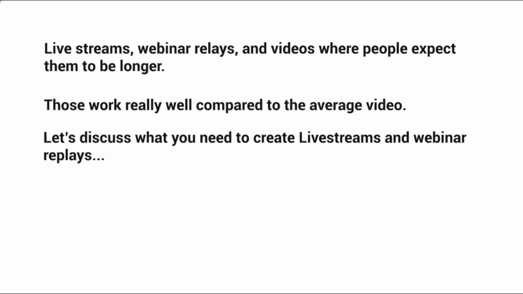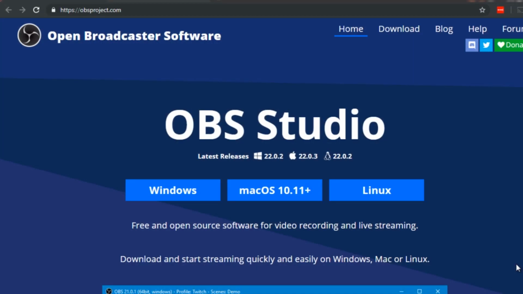So let's discuss what you need to do in terms of software or even web applications that you need to create live streams and webinar replays. In order to create a YouTube live stream, you're going to need to have a broadcasting software. There are many. You can go to YouTube and type in live stream, how to set it up, and there's a lot of videos on that. But this is one particular one that we have used and that has worked really, really well for us. It's called Open Broadcaster Software, and it's free, best of all. And that is located at